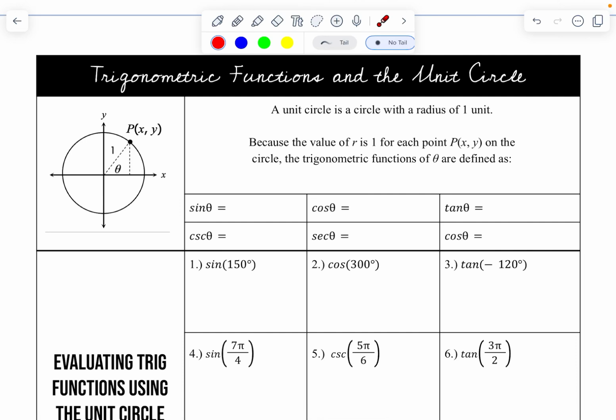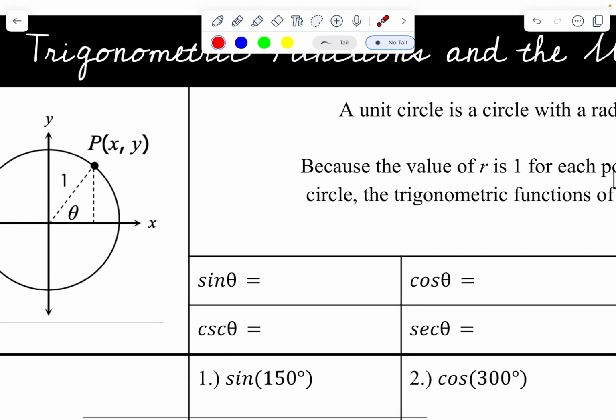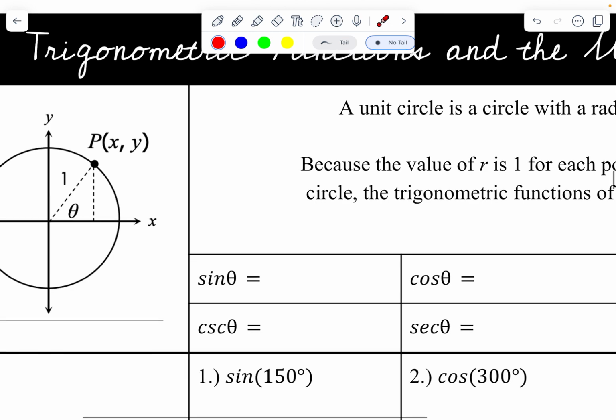Trigonometric functions in the unit circle. A unit circle is a circle with a radius of 1 unit. Because the value of r is 1 for each point (x, y) on the circle, the trigonometric functions of theta are defined as follows: the sine would be the y value,